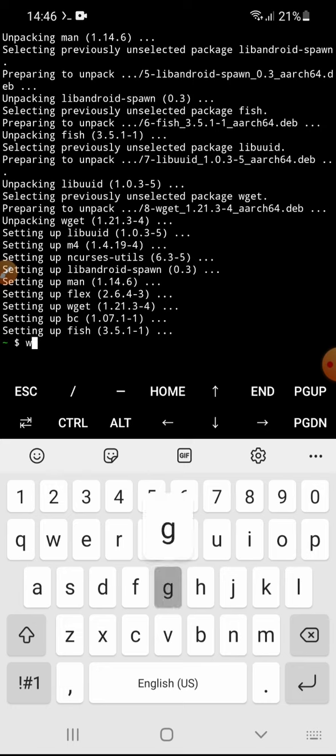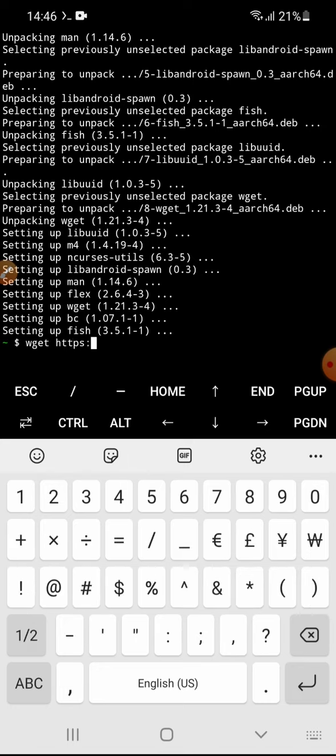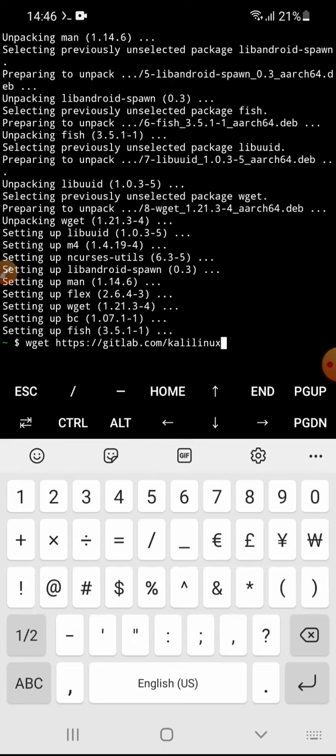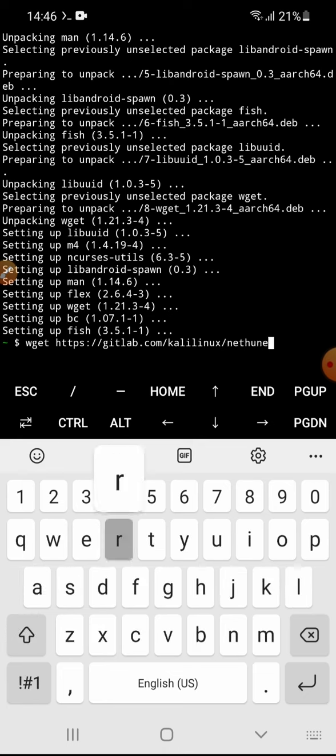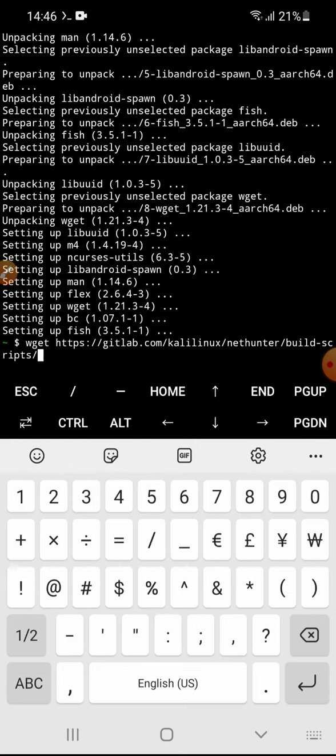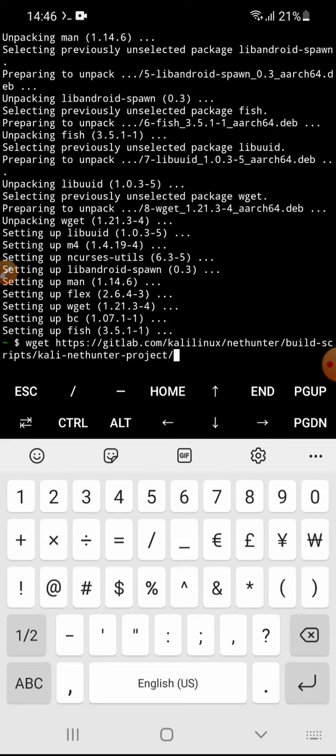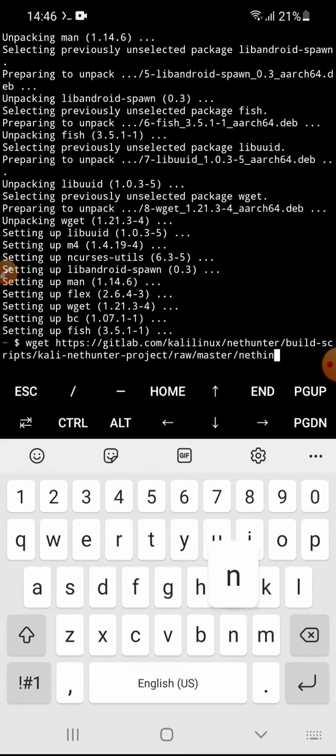So we are going to use wget https://gitlab.com/kalilinux/nethunter/build-scripts/kali-nethunter-project/-/raw/master/nethunter-rootless/